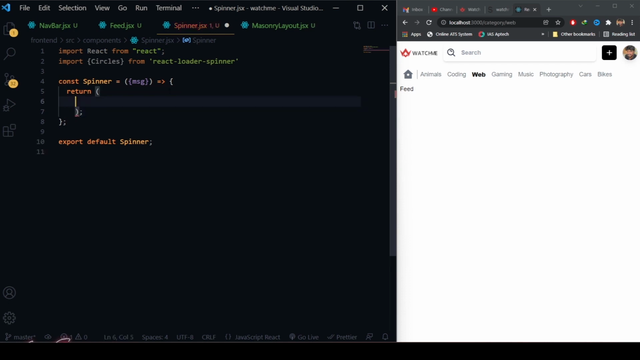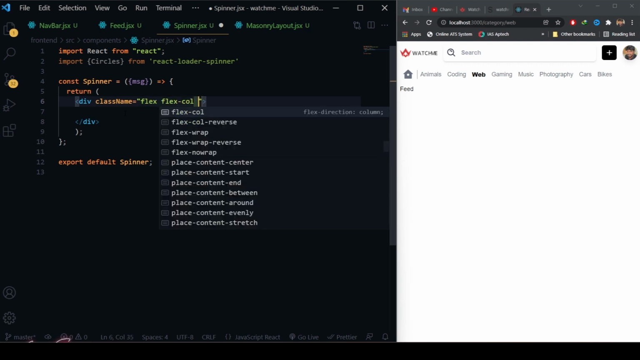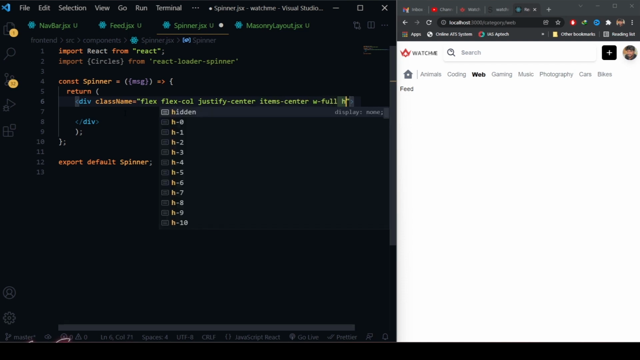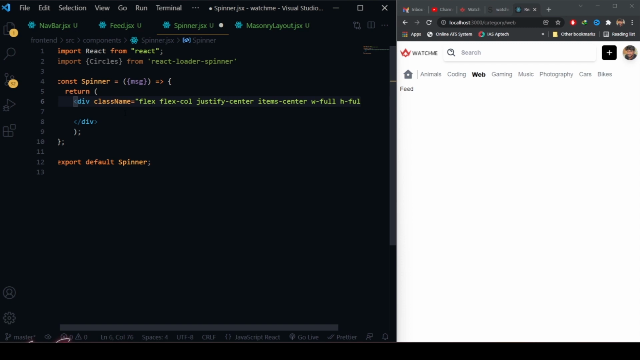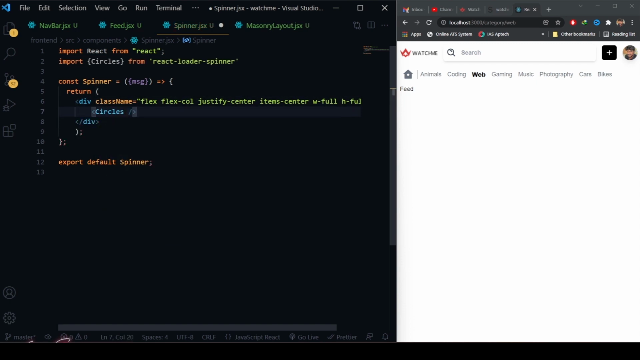We are going to render a div. Inside this div, it's going to have a particular class and all those things. So let's say className is equal to flex, flex-col, justify-center, items-center, and then width is going to be full, height is going to be full. Then inside here we are going to bring that Circles component which we imported from the